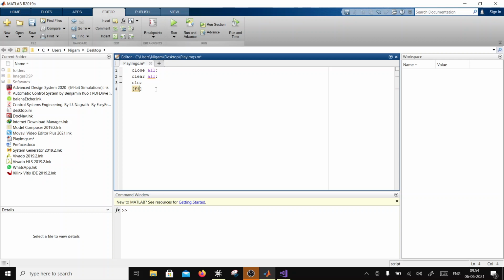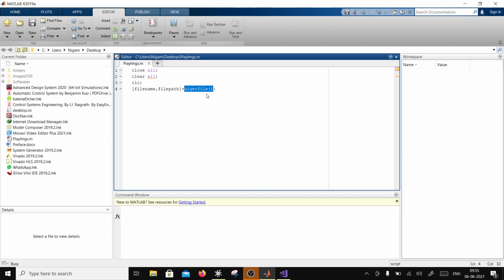So I can say file name, comma, file path. I'm not sure if the order is correct, but we'll correct it later on. And then you say uigetfile, and this uigetfile is going to launch a dialog box, and it's going to return the file name and file path, whichever you select.